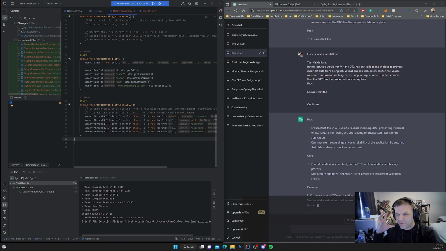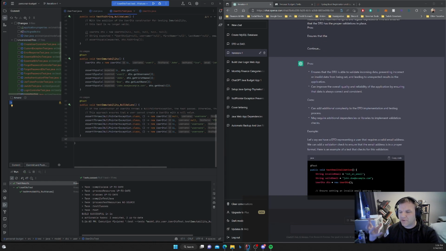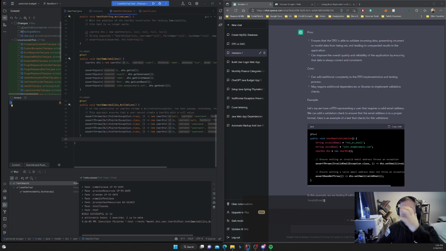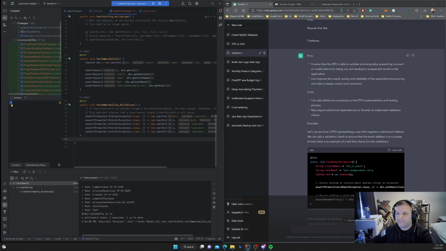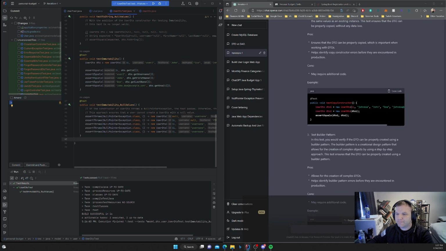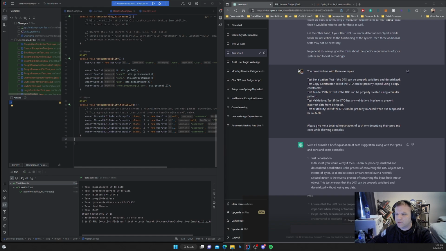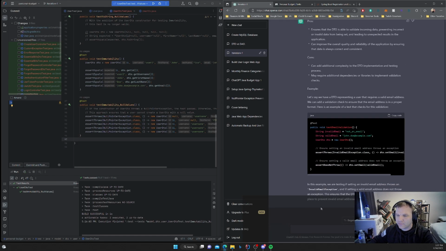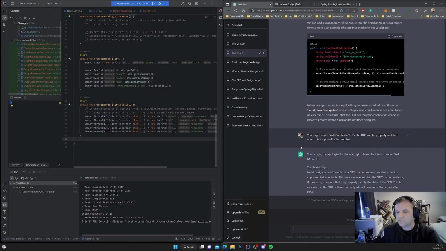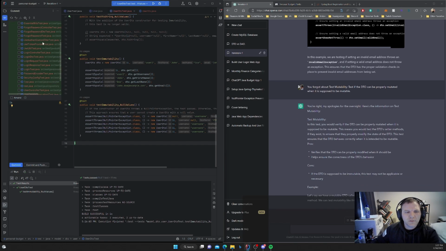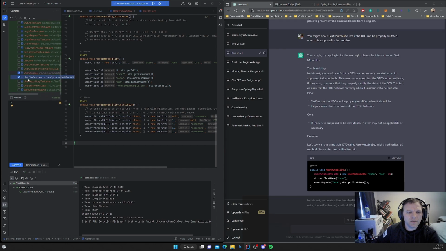I'm glad it can do that. It runs out of space for what it's supposed to be doing, but if you ask it to continue and tell it where it left off, it'll keep going. Okay. See here, so we got UserDto test.